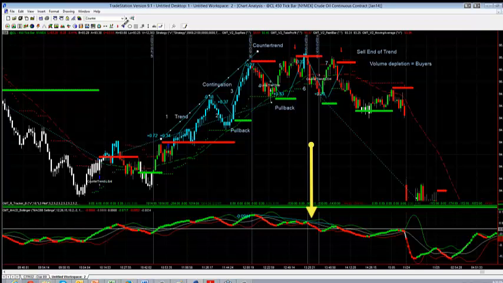Now, is the trend over? Not necessarily. So we might get, say, a run of five of these waves up, and then you've got that counter trend play in position. So that would be where our next strategy would come into play. So we've already had a trend, we've already had our pullback, we've got a continuation move, we've got a second pullback, we've got our potential counter trend play, and the counter trend play is really based on failing momentum.